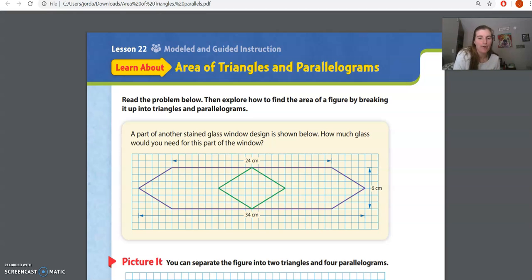Hi everyone! Okay, so I posted for you guys today an assignment on area of triangles and parallelograms. And I know it's going to be a little bit tricky because it is a little bit longer and I know that can be intimidating, but I can assure you